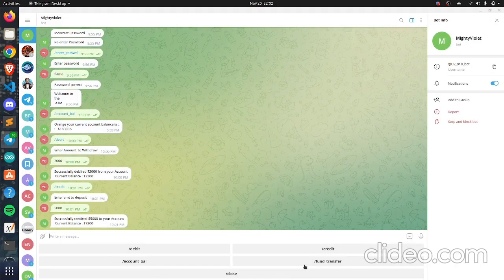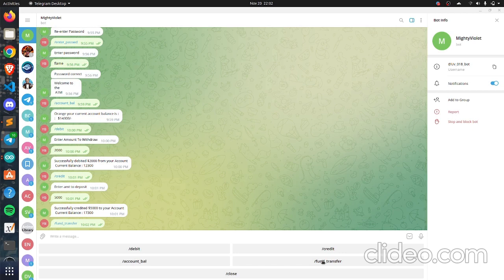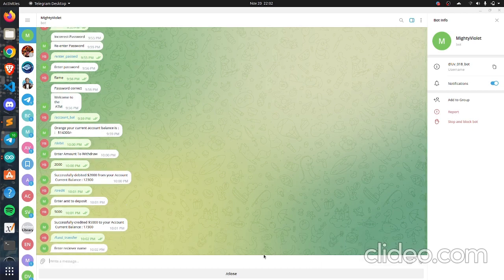So next, if we want to transfer some money from one account to another, we can select fund transfer. When I select fund transfer, it will ask me for selecting an account which I want to transfer my money to. So it's asking for receiver name. Also here, if we enter a wrong username that does not exist in the list, it will simply put invalid user, like it did for the username.